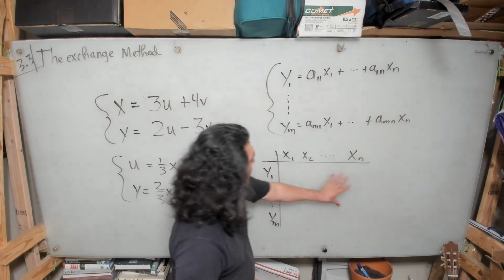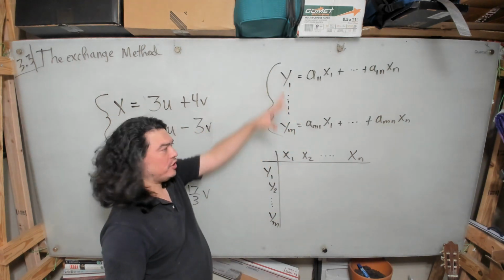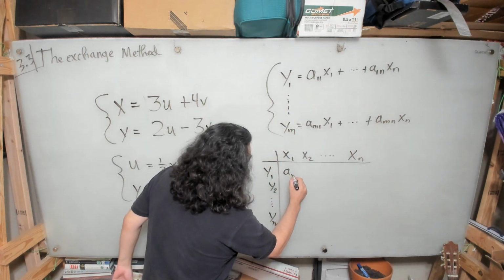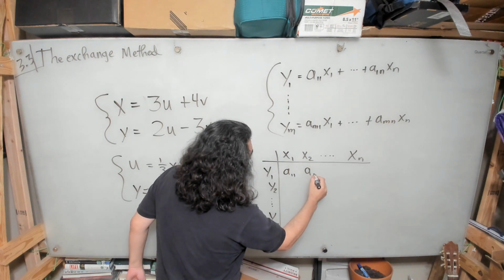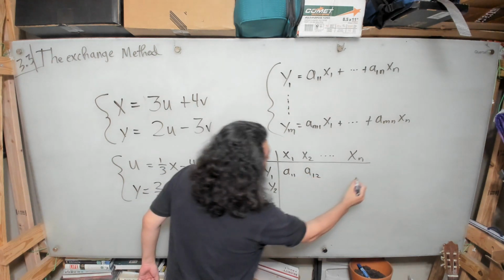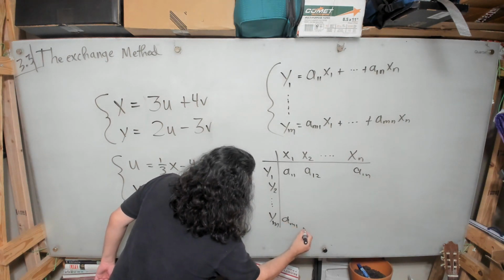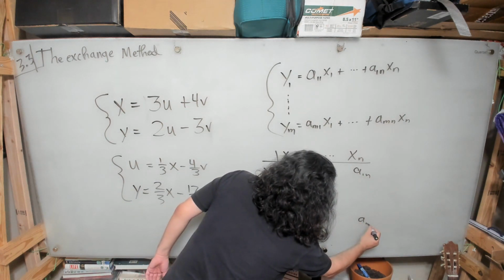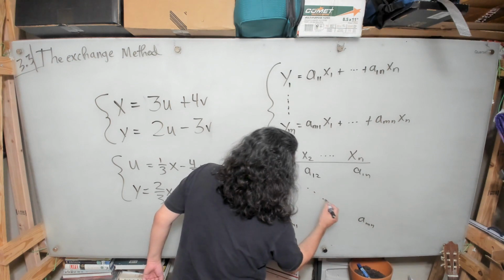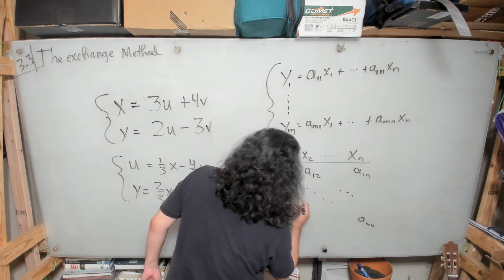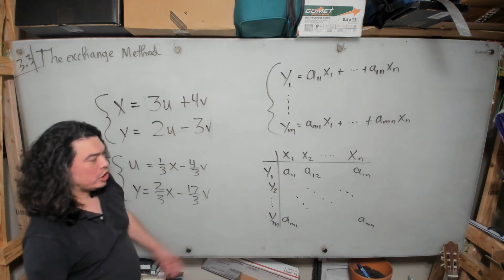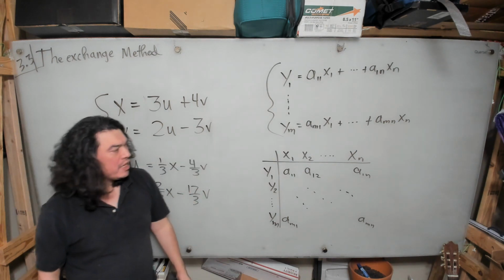And on the inside here, you're going to just see the coefficients: a11, a12, a1n, am1, amn,